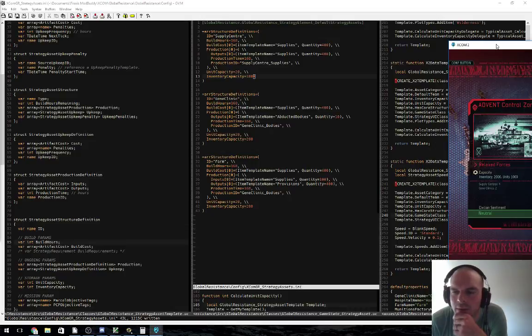So 20 unit capacity for each supply center, and gene clinics another 20. So inventory capacity, we've got,